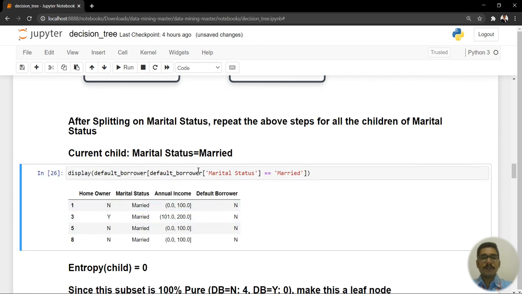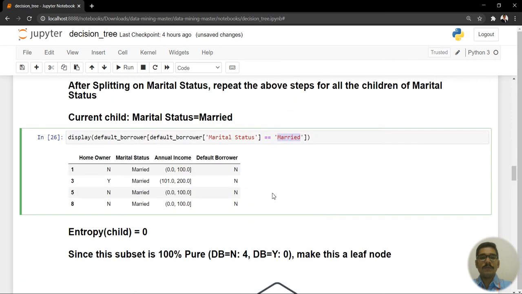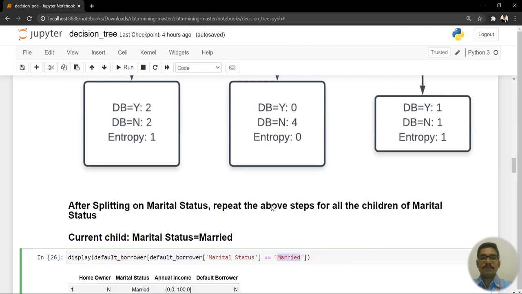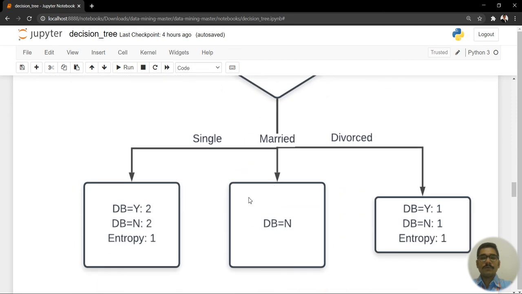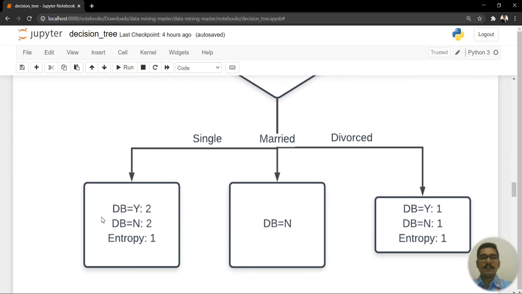I am doing a comparison for the married value on the marital status column. So it returned me 1, 3, 5 and 8. That is 4 instances that correspond to this value, and they all belong to the no class. Okay, so this is how I make this a leaf node. In the next step, I make this a leaf node, and on the left and right side